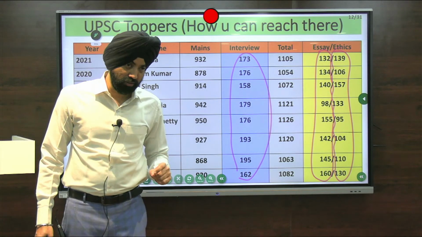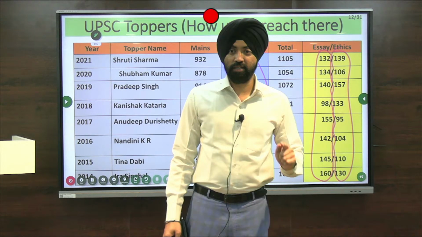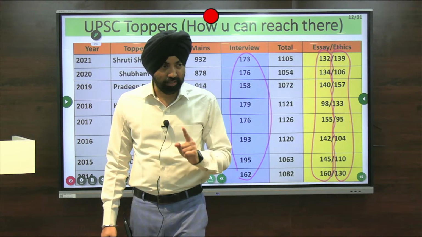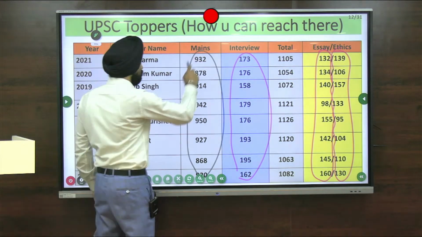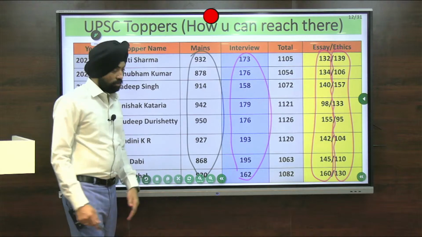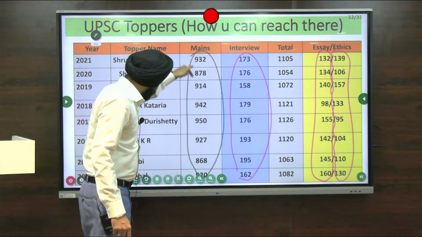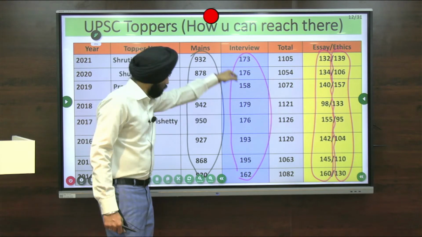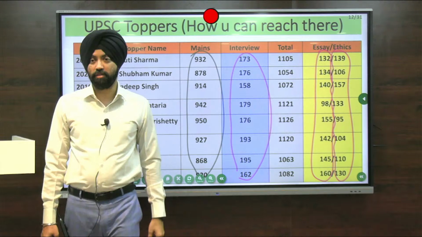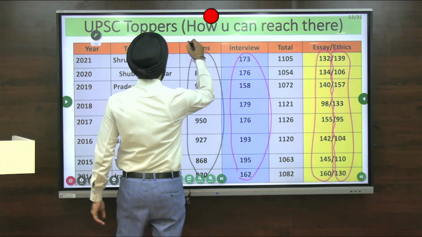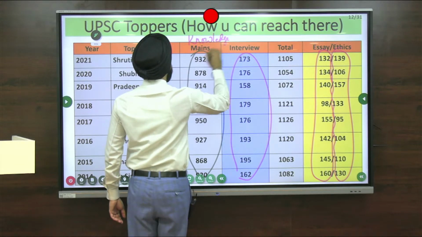It means interview is not the test of your knowledge. It is the test of your personality. So it so happens that they are all toppers in their respective areas in mains. They are all toppers. Without question, I can make this statement. Because they are topper in mains, they are not topper in interview, still they have topped, it means that they are topper in mains examination. So here, it is the test of your knowledge. Here, it is the test of your